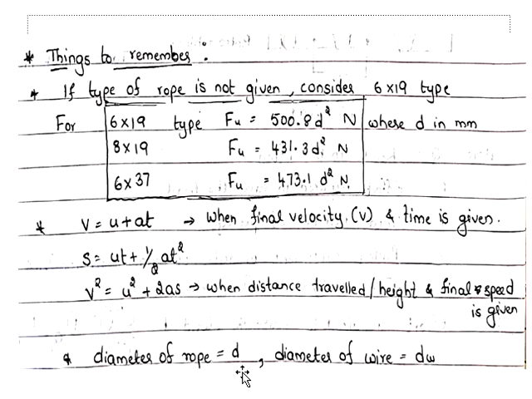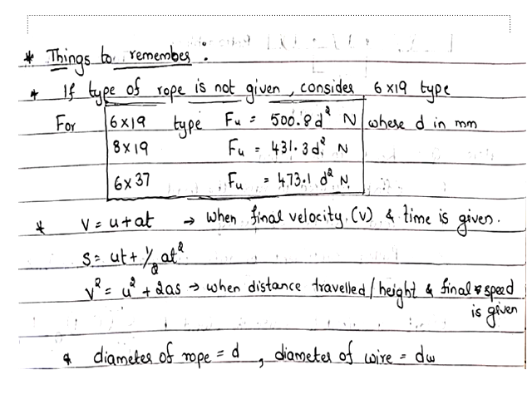Last thing, I'll tell you what is the difference between small letter d and d prefix w. I told you each rope will be made up of a number of wires. So here the diameter of a small wire is dw and the diameter of the entire rope is small letter d. So obviously d should be greater than dW.